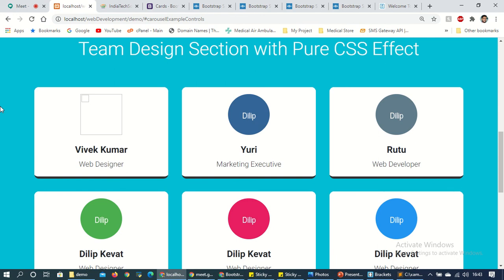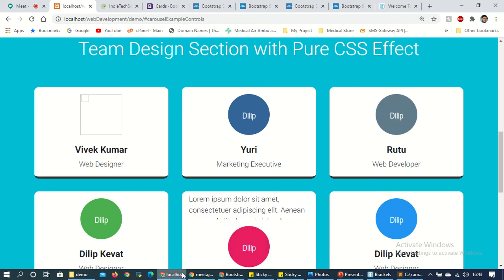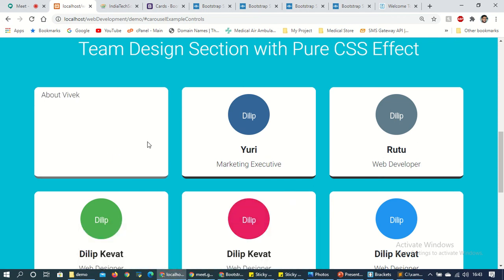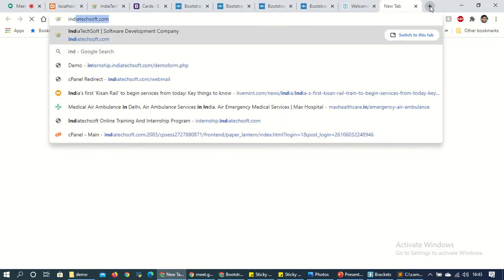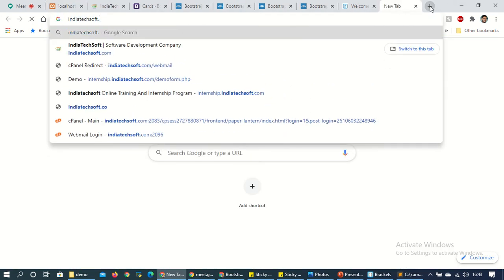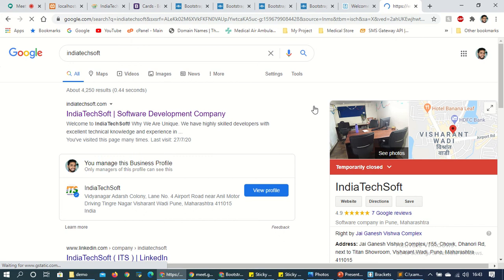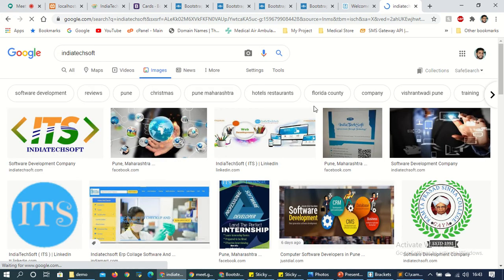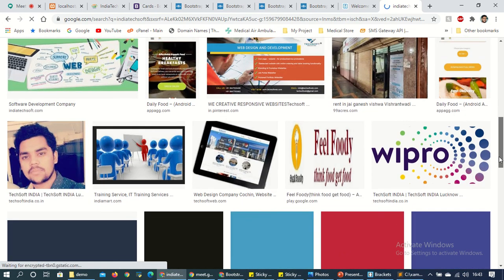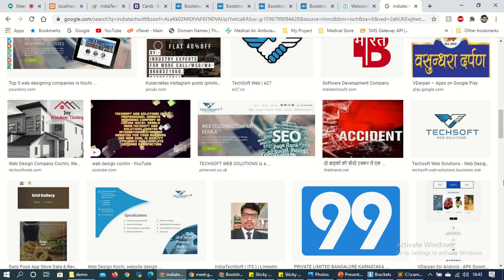Now what I'll do, suppose that I want some other image.